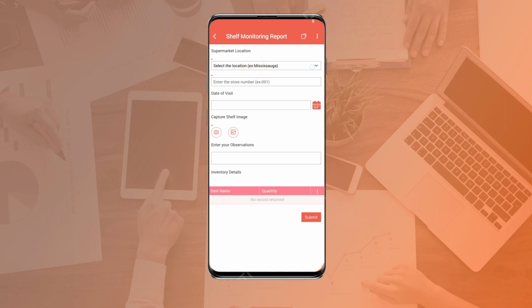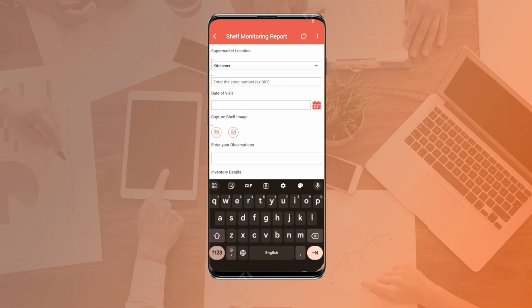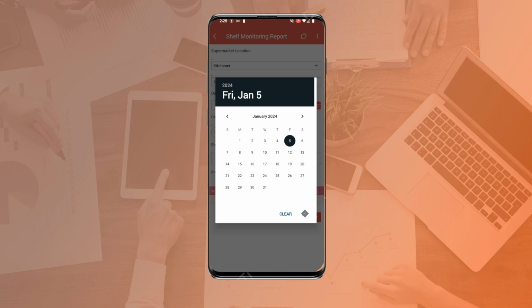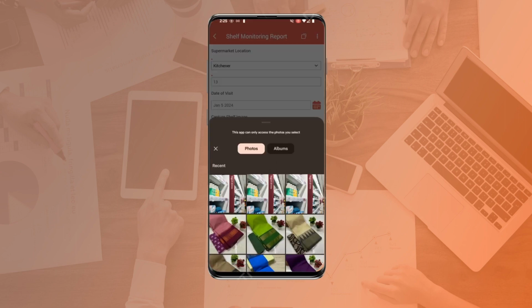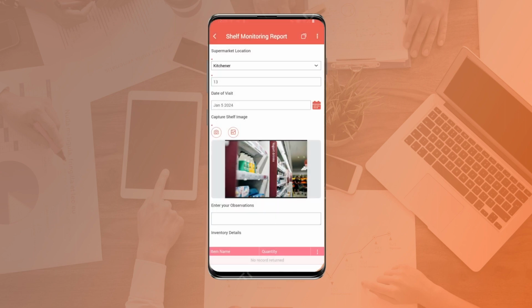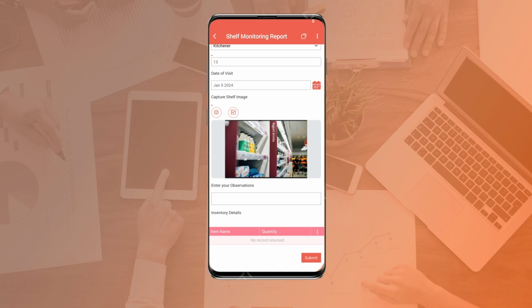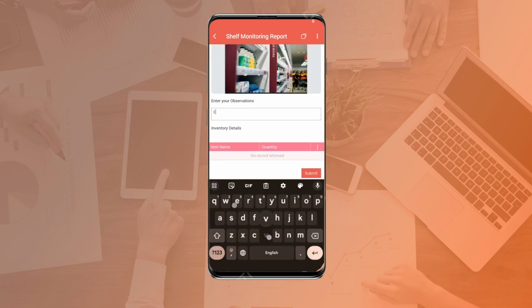I'm going to select first the location, and in this case I'm in Kitchener. I'm going to put the store number, which is going to be store 13, and the date of the visit using the actual date widget is going to be today. I'm also going to capture the shelf image, which in this case I'm going to open my camera and take the photo of the actual shelf that I'm using. And I'm going to enter my observations, which in this case are going to clearly say everything looks perfect at